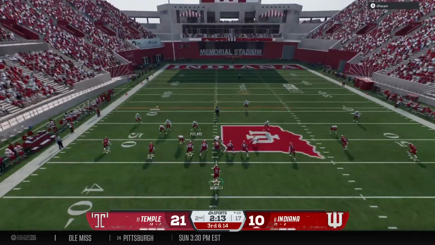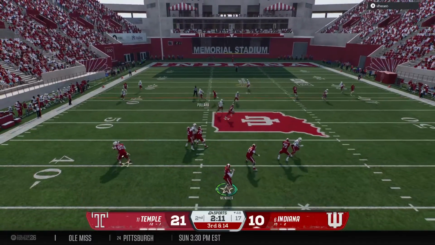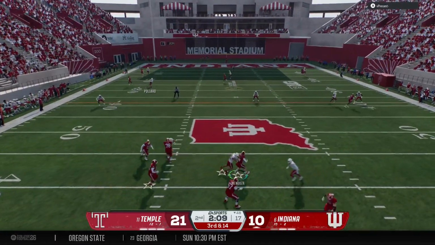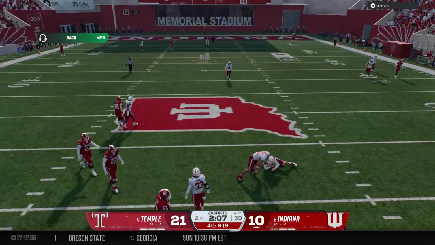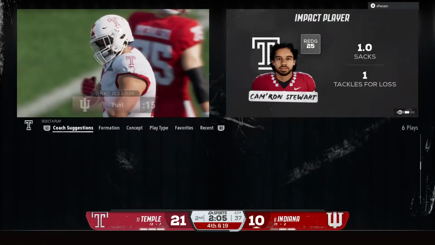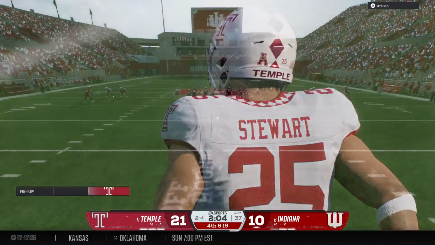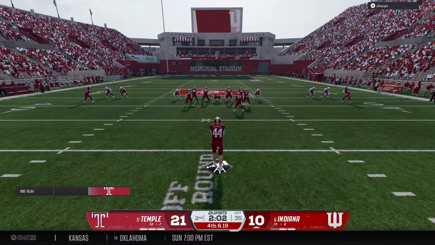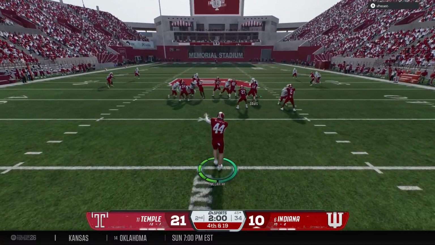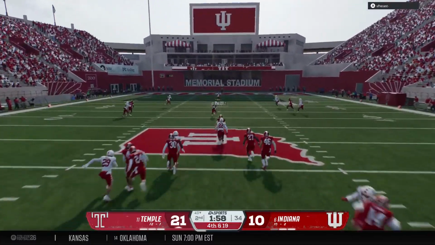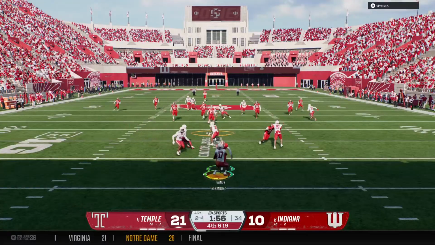Not going to be easy here. Backed up a long way to go for a first down. He's running out of time here. He cannot escape. It's a sack. That's another sack for this defense, Chris. If I'm not mistaken, they've had a lot of pressures. I think that's their second sack of this game. And this defense has a lot to do with why they have this nice lead here early in the game.